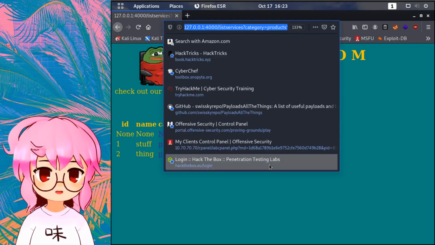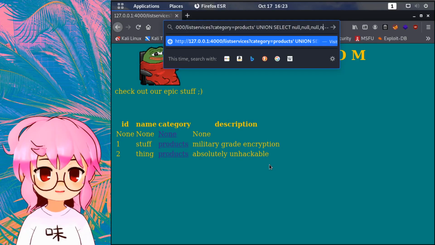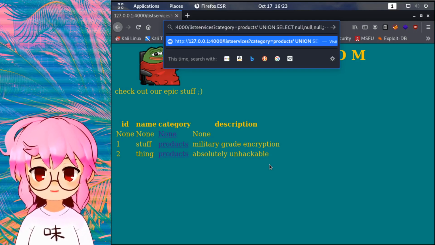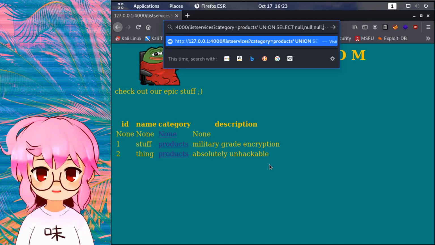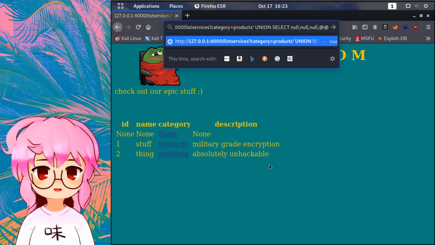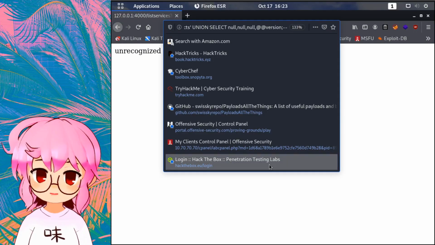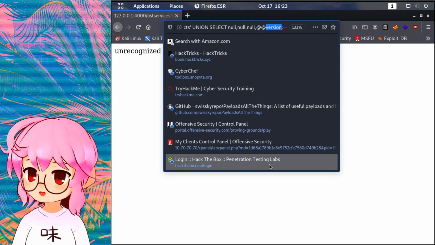And here, what I'd try to do is enumerate the version or what kind of database that we're working with, and normally there are functions within different SQL languages that allow you to do that. For example, with MariaDB, it has the @version function. And we can see that didn't resolve, so we now know this isn't a MariaDB database, or a MySQL database